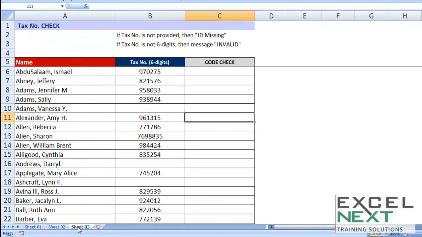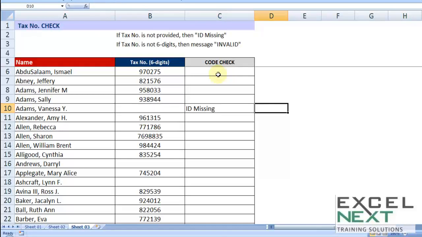To close the video, let me take another example in sheet 3. Now this is very interesting. Why? I'll tell you. Consider a scenario wherein against several names, some tax number, a 6-digit tax number, has been allotted. Now I want to do two things, in fact 3. That is, if the cell is blank, that means tax number has not been allotted, then the message showing should be ID missing.